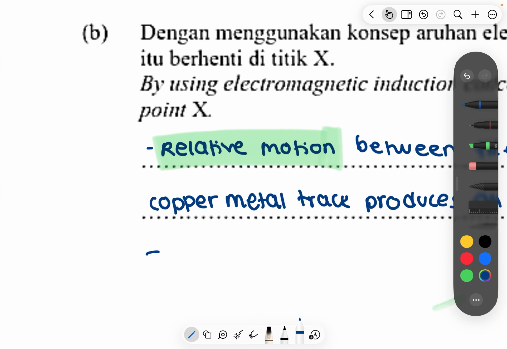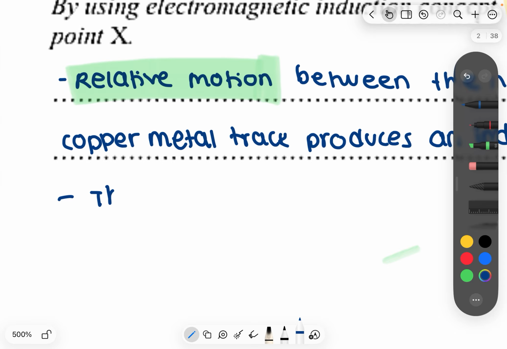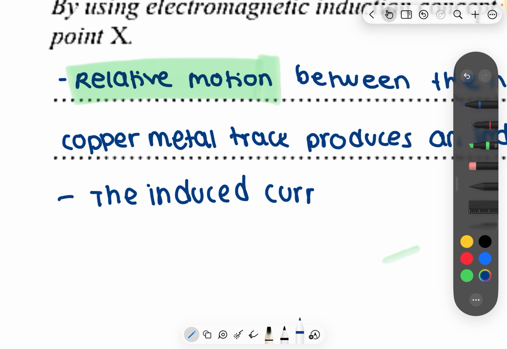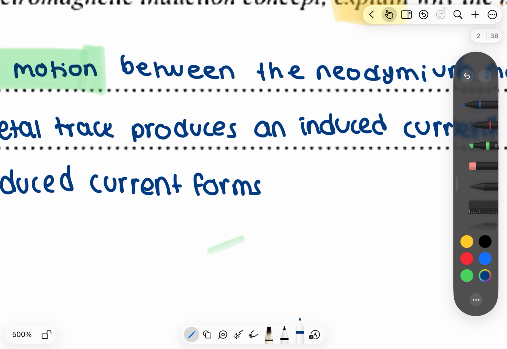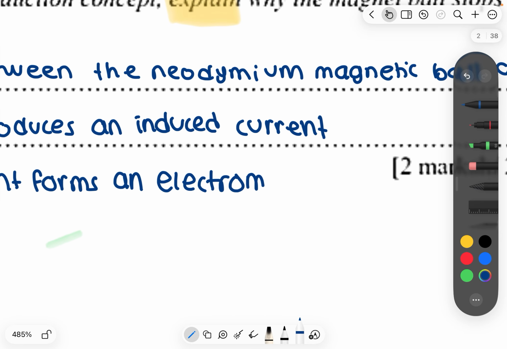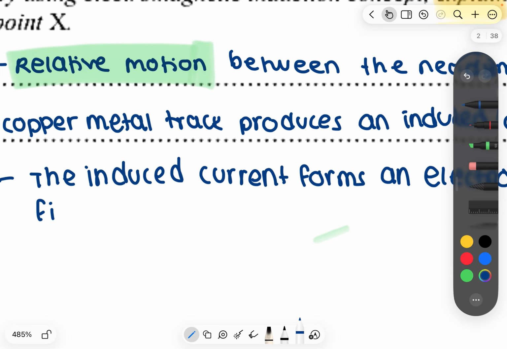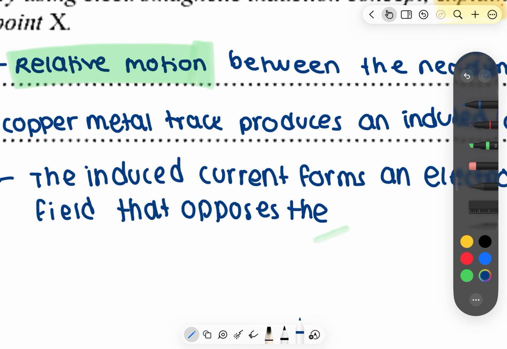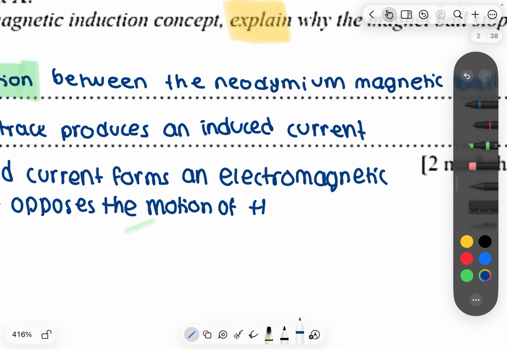Next, the induced current forms an electromagnetic field that opposes the motion of